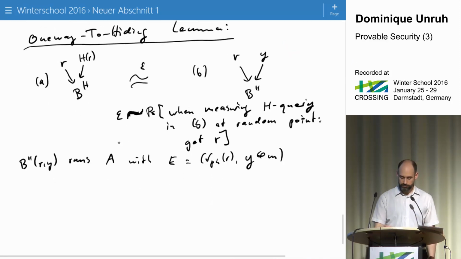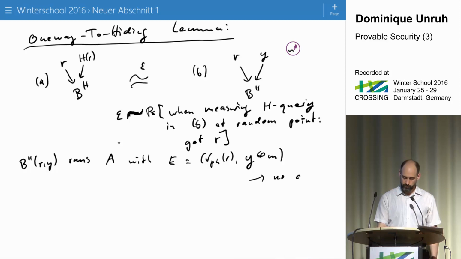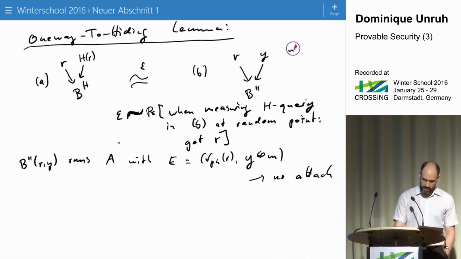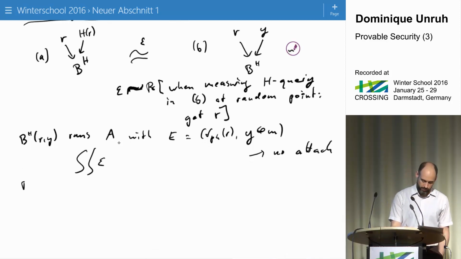So in this game, the adversary cannot attack the security because m is one-time padded with y, and y is uniformly random. But this is epsilon close to B^H(r, h(r)),